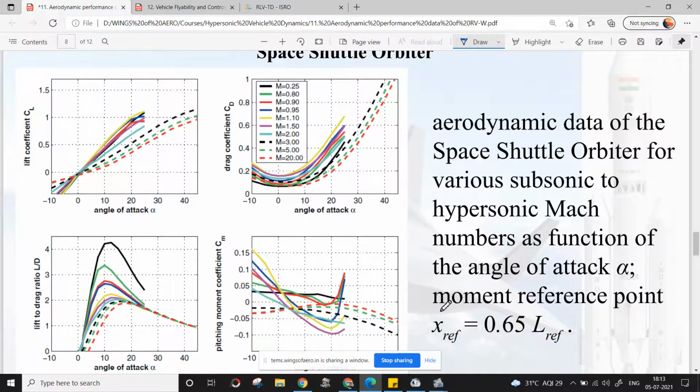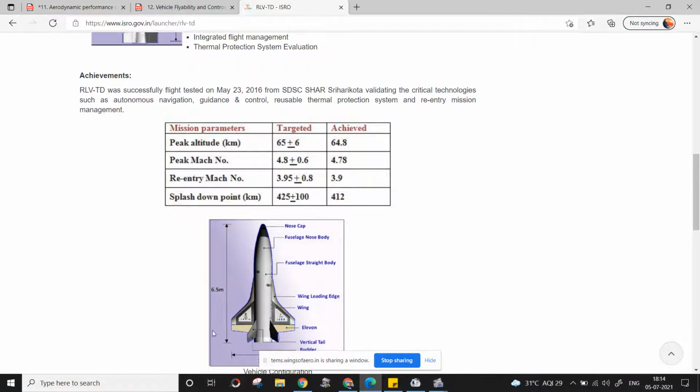So let's come into the aerodynamic factors. This is where we left off in the previous session: studying the aerodynamic factors of a space shuttle configuration. Remember that we have taken the space shuttle orbiter as the example for a re-entry vehicle with winged configuration. The same type of performance factors are applicable for any winged re-entry vehicle.